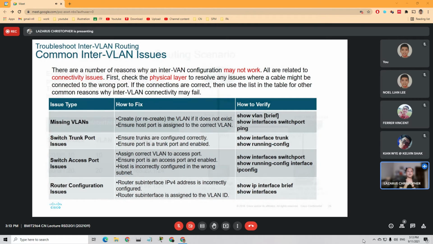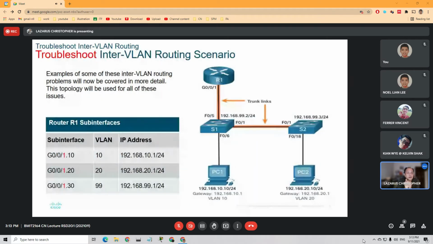Right. So examples of some of the routing problems we can see here, right? The topology we'll use will be the same topology here, right? And the router sub interface is given there. Okay. The interface dot, the sub interface ID. So this part. Okay. So 3 sub interfaces there. And does it need to match 10, 10, 20, 20, 30? See, there's no need to match. But if you try to match it,